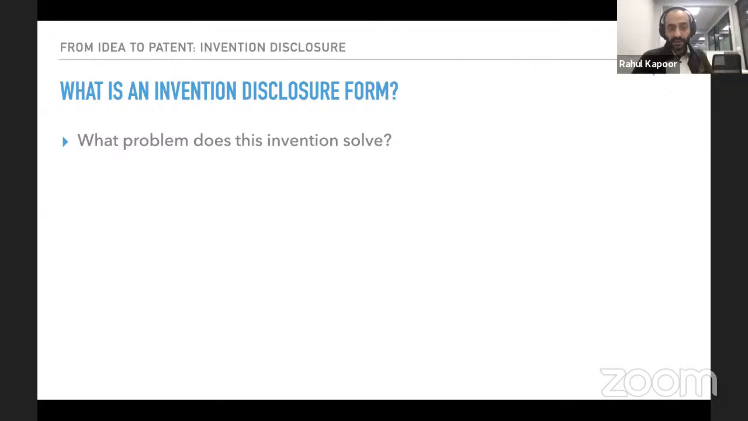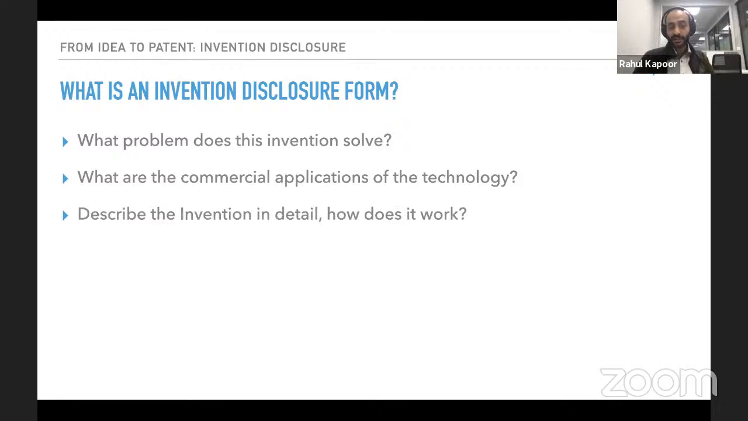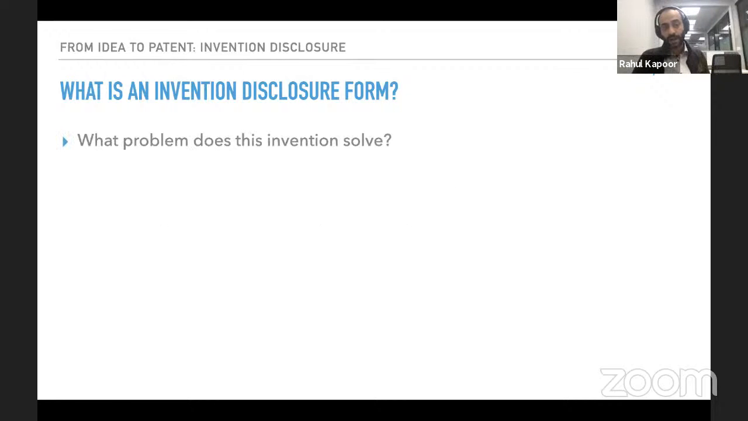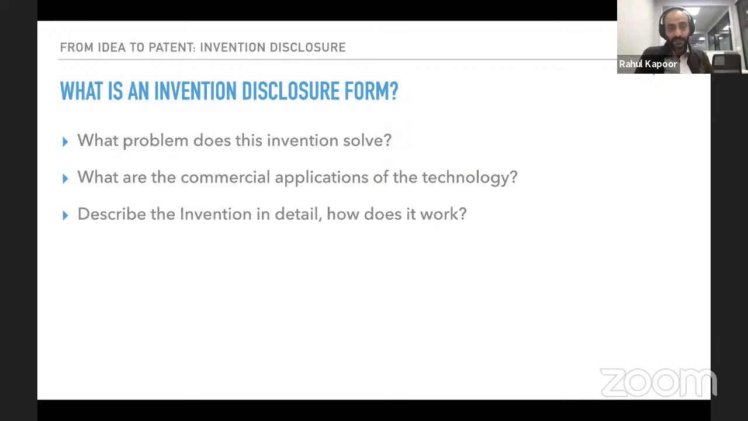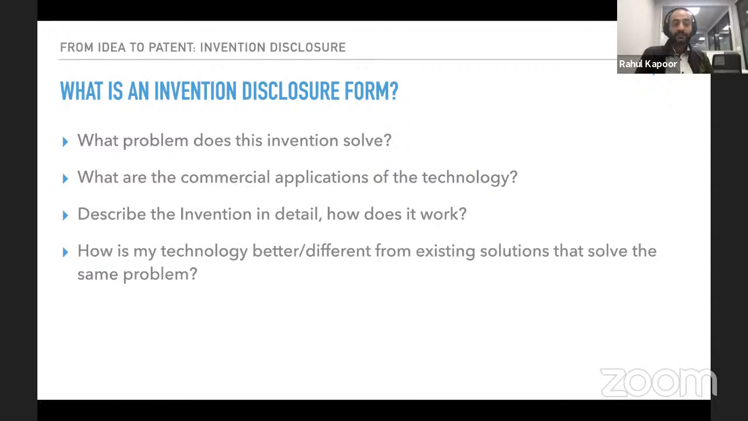What problem does this invention solve? Of course, you have to write that. What commercial applications are there for your technology? You have to write that, otherwise your patent might not be granted if there is no commercial application. Of course, you have to describe the invention in detail. How does it work? What are the components within it? How do they interact with each other, and so on? And how are you different from existing solutions that solve the same problem? This also helps you identify the novelty of your invention, or the inventive step,